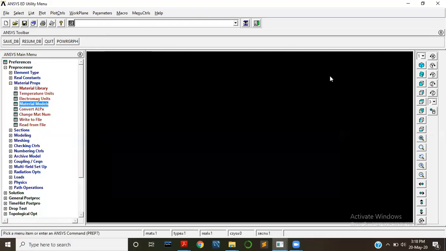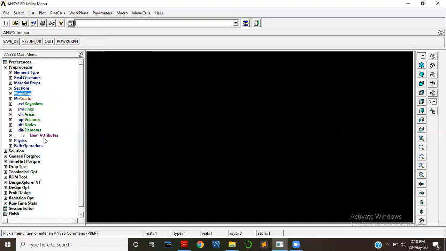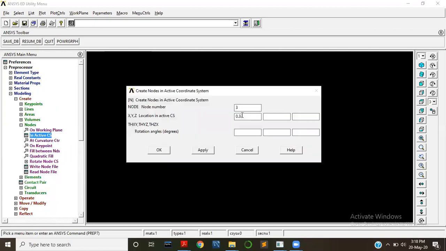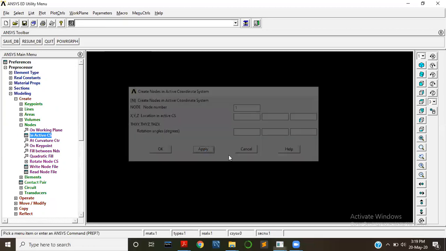Next, let us model this one. Preprocessor, Modeling, and here Create Nodes in Active CS. Node number 1 is 0 0 0. Let's apply that.